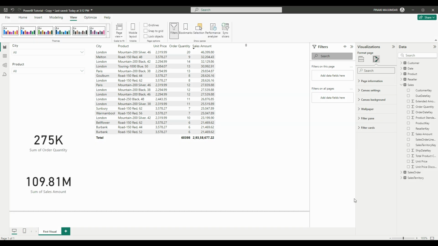Now let's come to filter cards. To demonstrate this, I have added these two cards in this report page, and I will make you understand what is the purpose, what is the use of this filter card. Okay,